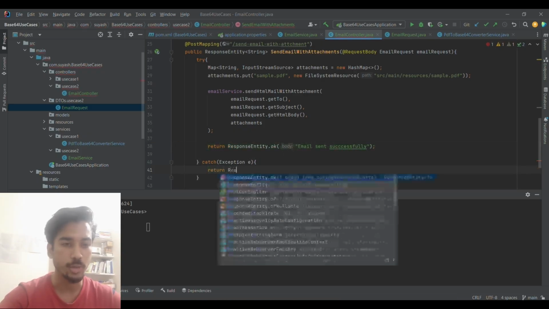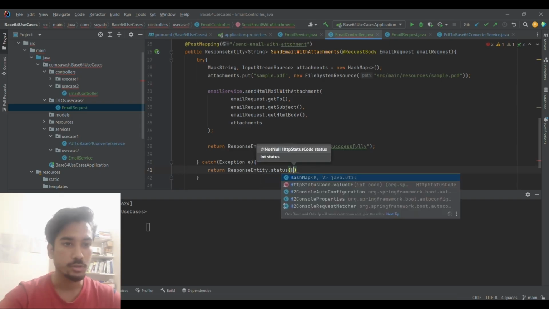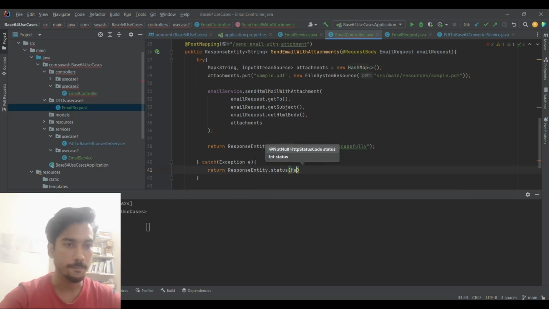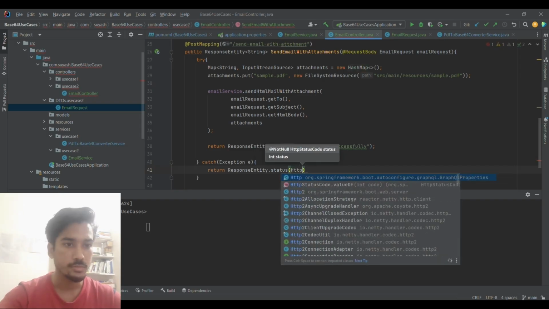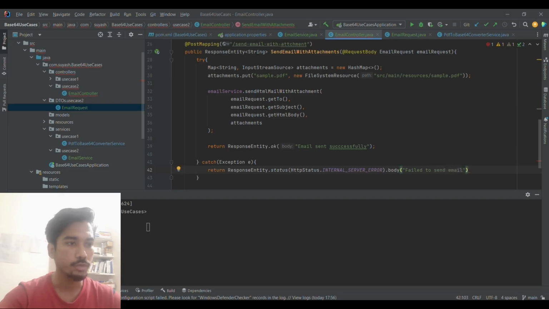After that, in the catch block, what I need to return is another response entity, and not okay this time. I'm going to pass status over here. And inside the status, I'm going to call HttpStatus.INTERNAL_SERVER_ERROR, and then in the body I'm going to pass in the message "Failed to send email," and also going to give one getMessage from the exception object